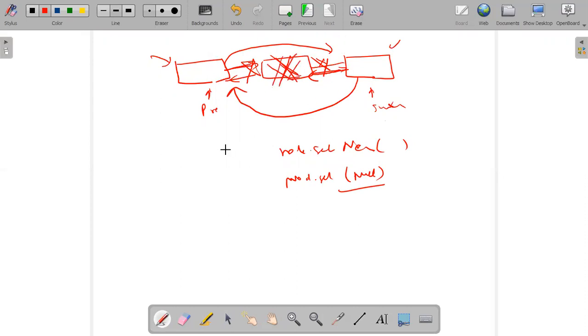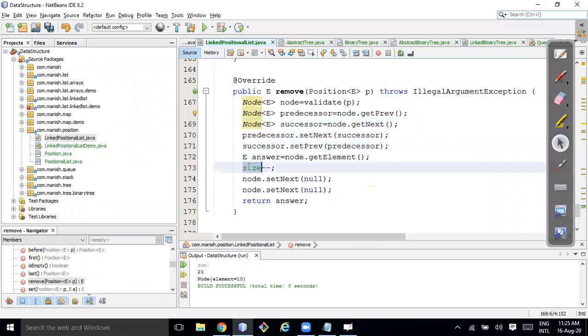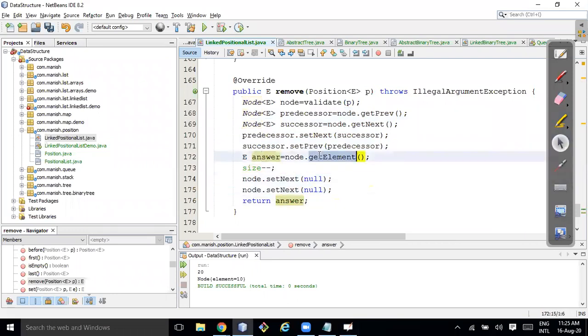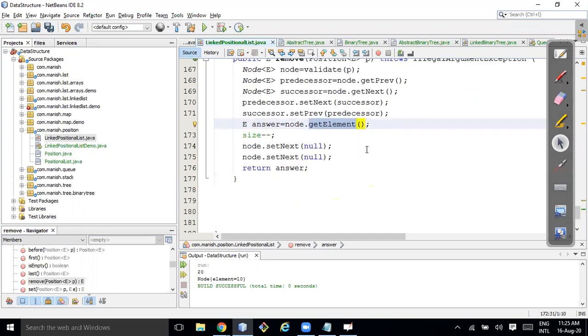And you need to decrease the size, so I'm just doing size minus minus. That's it. And you return the answer, what was there at that node. This is the case, so I hope it's very clear.